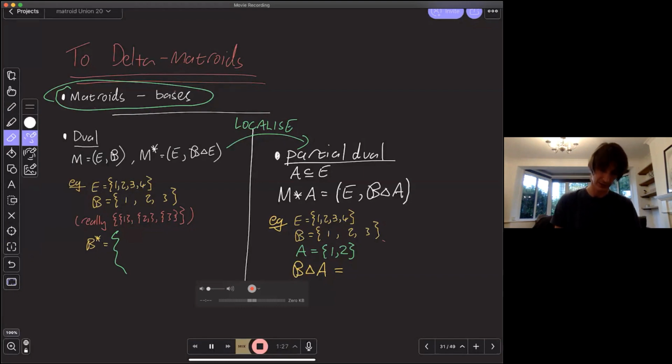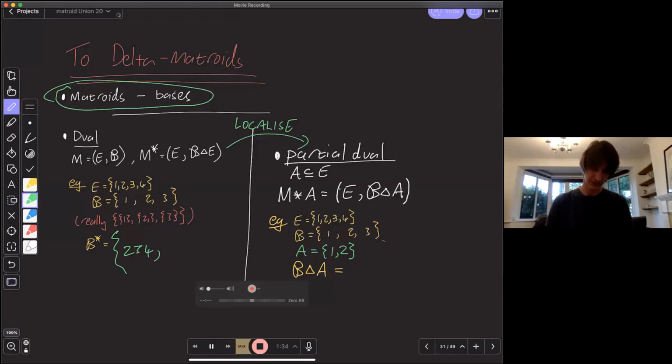So I'm going to get what? 1 comes out, then 2, 3, and 4 are all going in. 1 is not in the set 2, so that goes in, and 2 comes out, and 3 and 4 are there. And with the last one, we've got 3, so I'm toggling E and 3, so I'm going to get 1, 2, and 4. And I've got my dual. Okay. You've seen this before.